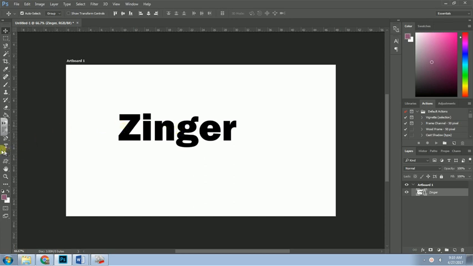Once I have that done, I'm going to choose this arrow tool, and I'm going to actually hold that down. I don't want the path selection, I want the direct selection tool, this white arrow. So I'm going to go ahead and choose that. And you saw briefly there that all my letters had handles on them, and they no longer do, but I can fix that if I can get to, shouldn't be this difficult. There it is. Just click on the edge of the shape, the border, and with one of these handles selected,